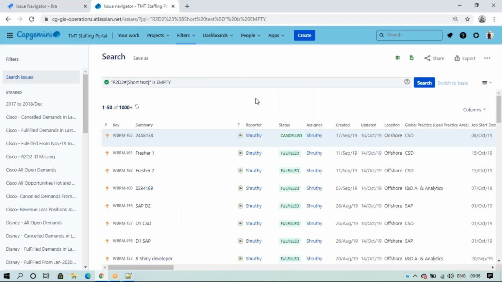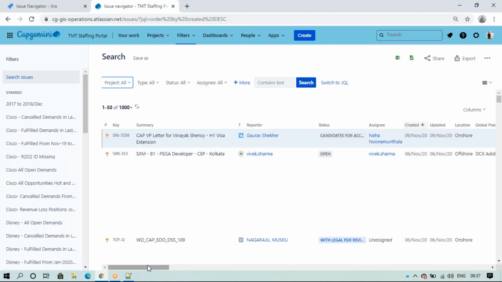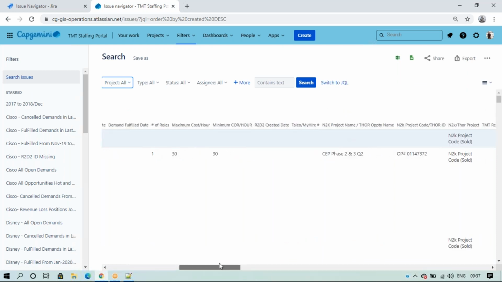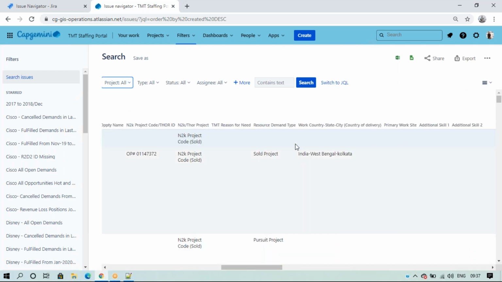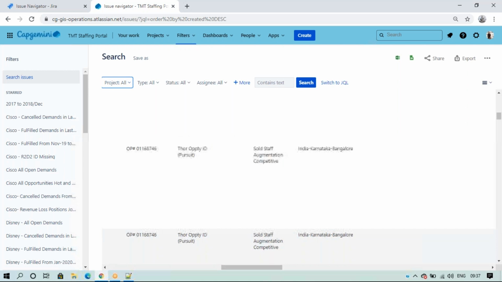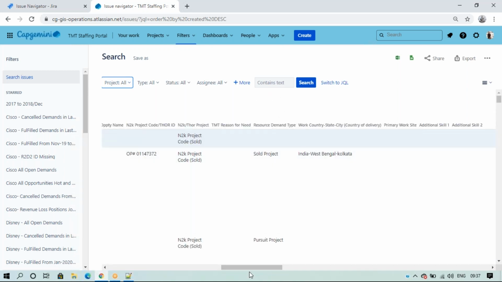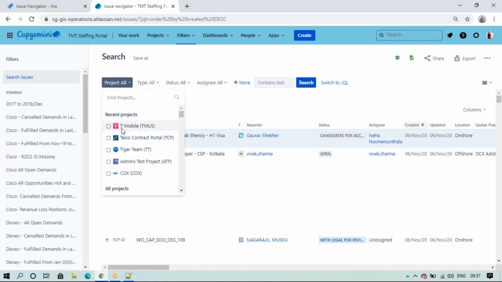Okay, and the same applies to custom fields as well. If you have any other custom fields, for example reporter name or everything, and resource demand type I have. For resource demand I have sold project, pursuit project, or stock augmentation, or many things. I want only sold project issues, so I just select that particular project.